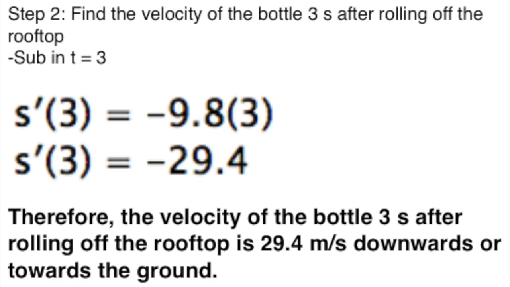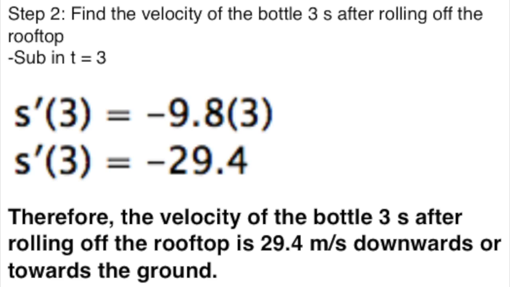For the next part, we will be finding the velocity of the bottle at 3 seconds. To do this, we sub in t is equal to 3 into the derivative equation, or the velocity equation. And we find that when t is equal to 3, it equals negative 29.4. Therefore, the velocity of the bottle 3 seconds after rolling off the rooftop is 29.4 meters per second downwards or